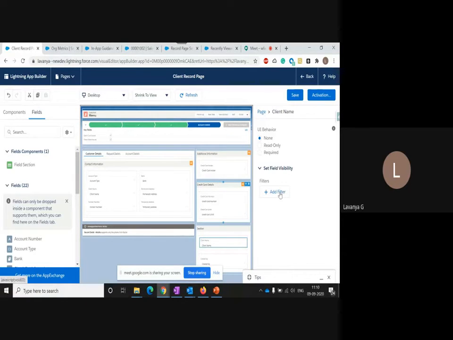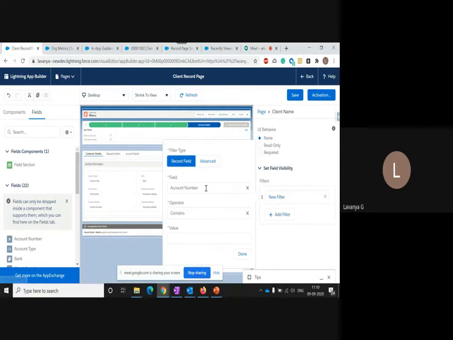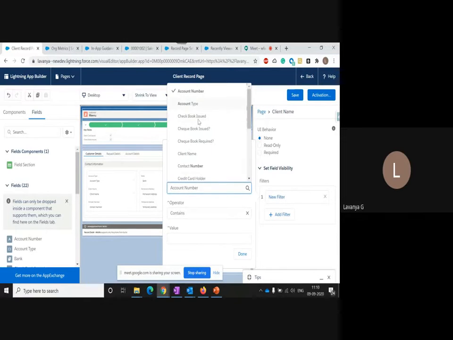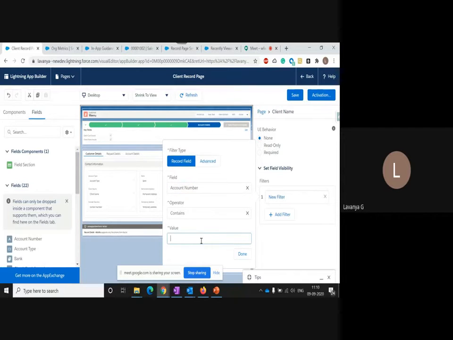Also, this is the field visibility, it's just a filter. If you want to hide a tab, if you want to hide a section, if you want to hide the field, you can just select the field and you can add the filter. It will display all the fields over the custom object and you can choose.